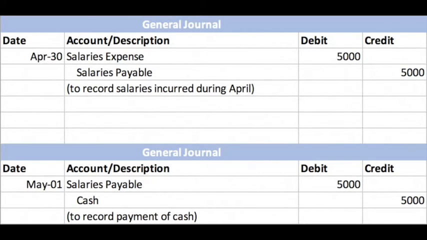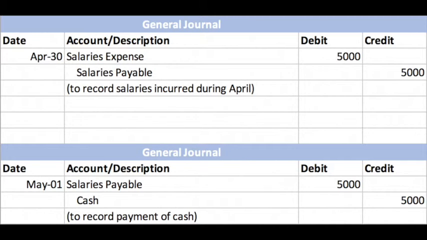An incurred expense example is if a company has a daily payroll of $1,000, pays its employees Saturday for work Monday to Friday, and prepares its financial statements on April 30, which is a Friday. The journal entry on April 30 would be to debit salaries expense $5,000 and credit salaries payable $5,000. When the company pays its employees, the adjusting entry on March 1st would be to debit salaries payable $5,000 and